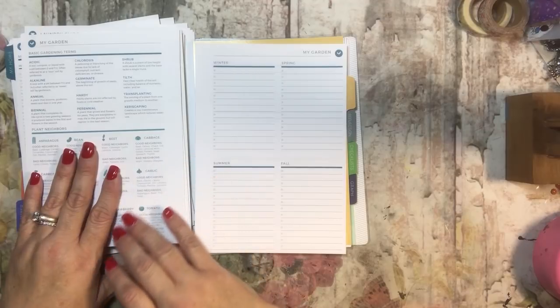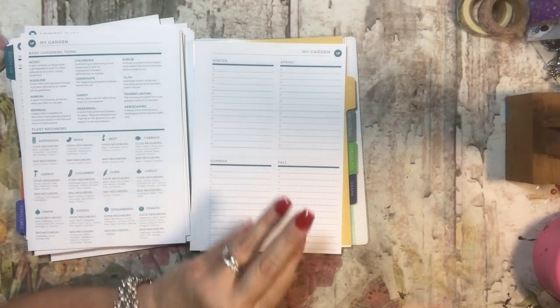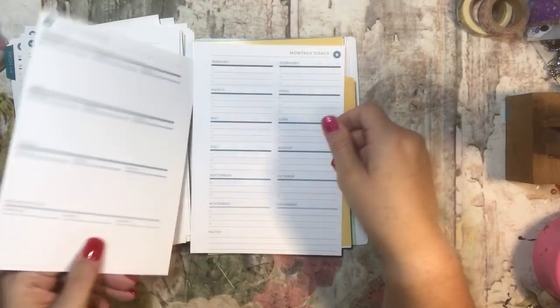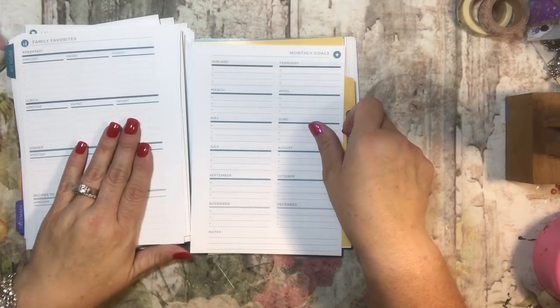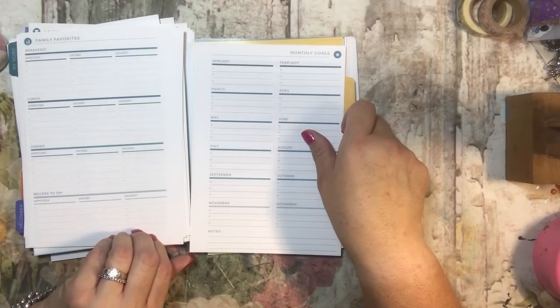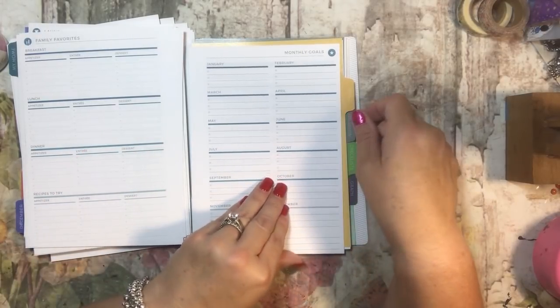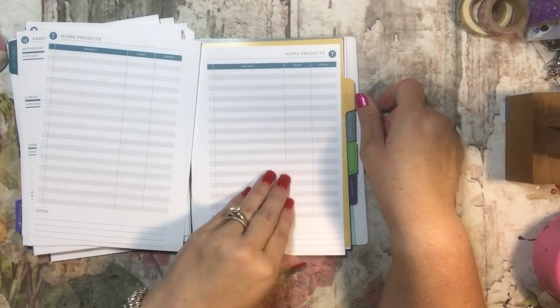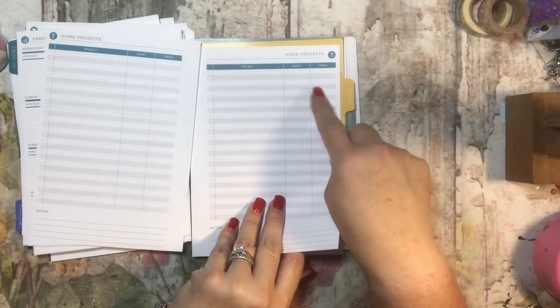Here is some garden information, which, cross my fingers, I will be using. And it says each season. And then it has family favorites for breakfast, lunch, and dinner, and then some recipes that you'd like to try. And then it has a place for monthly goals and home projects, whether you started it, when you started and